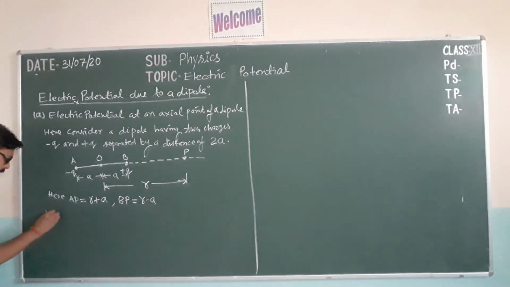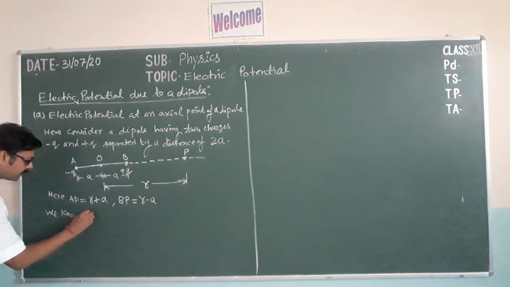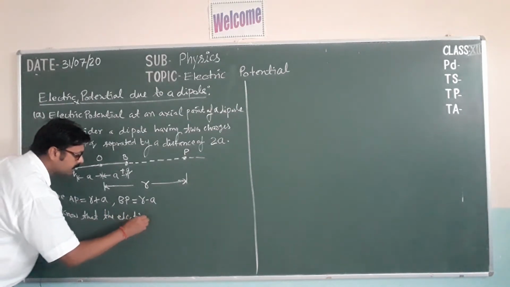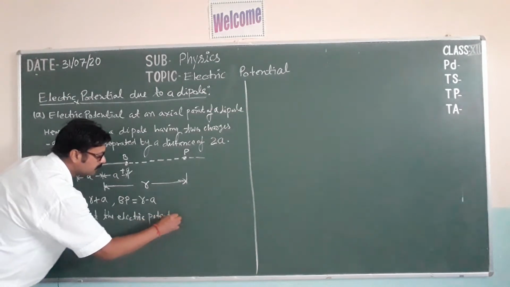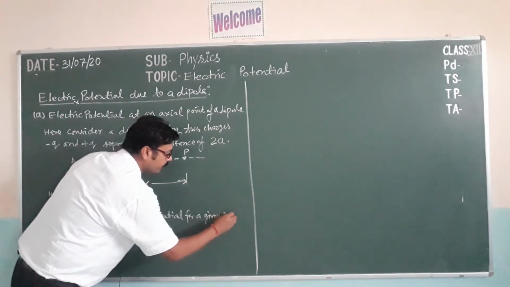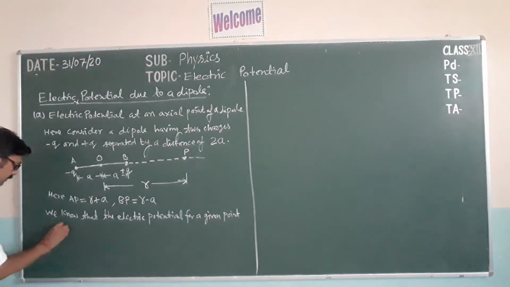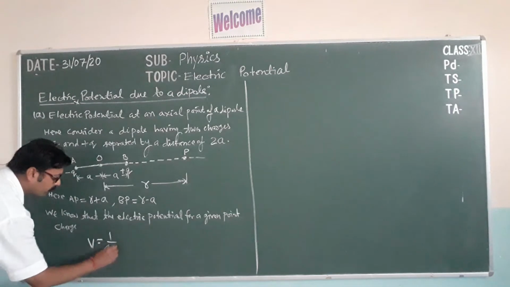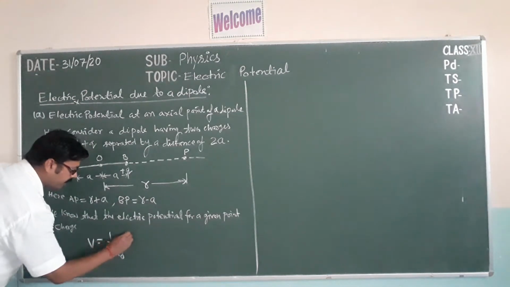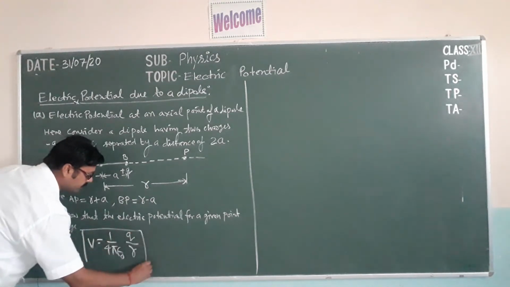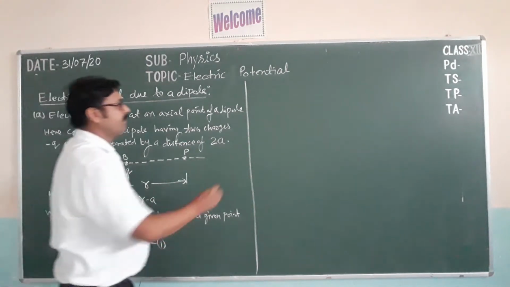We know that the electric potential for a given point charge is, as you remember, V equals 1 upon 4 pi epsilon naught, this is the constant term, times q upon r. This is the formula. Using the formula,